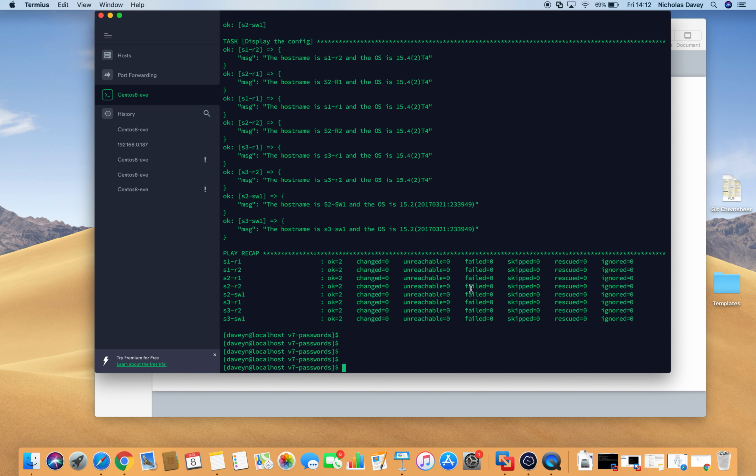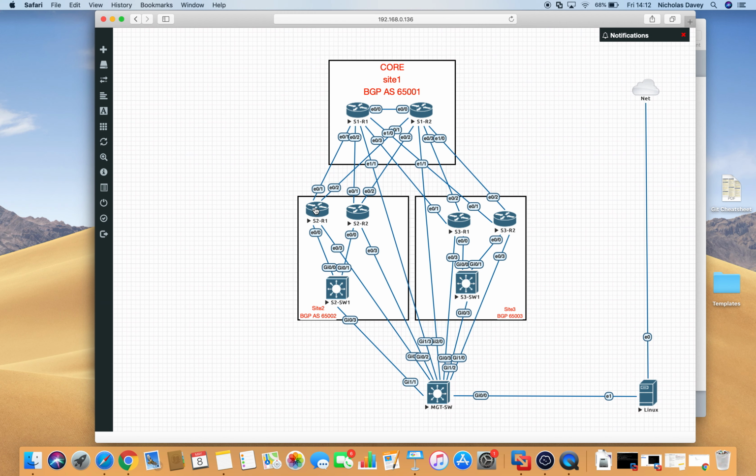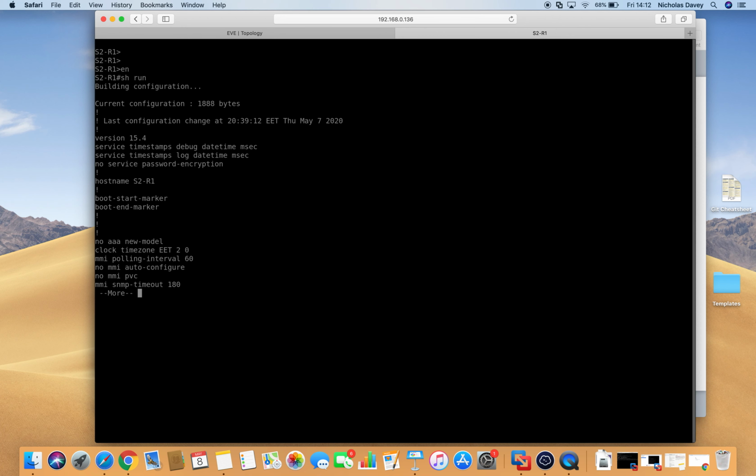So the default way that Ansible works is if you don't configure the ansible_user anywhere in either your inventory or a variable file somewhere, it will by default take the username that you're using on your Ansible host. So in my instance, I've got a CentOS 8 machine, and my username here is DVN. So what I've done